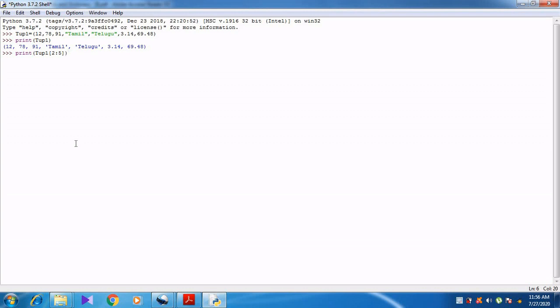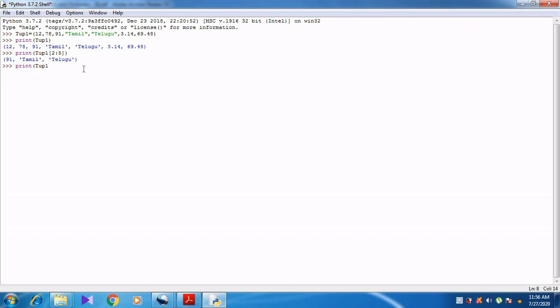If I give it like this, print tube 1 2:5, and press enter, now what does it show? 91, Tamil, Telugu. It is accessing from the starting index 2. What is stored in 2? 2 means 91. The 0th position is 12, 78 is the first position, 91 is the second position. Right? Up to Telugu.